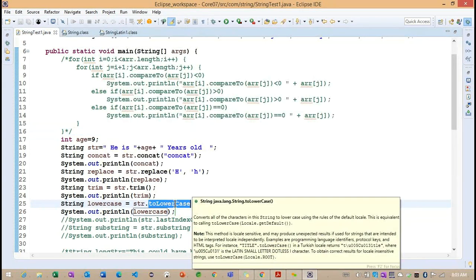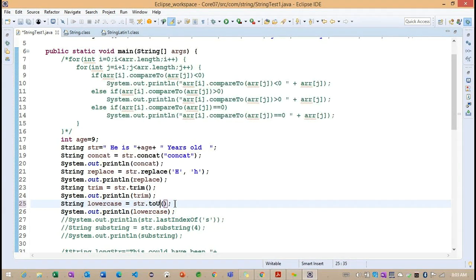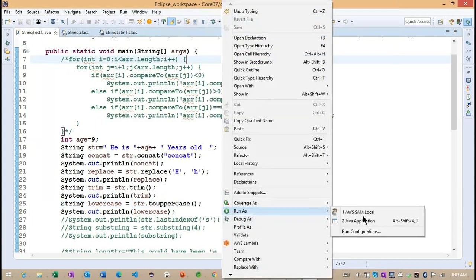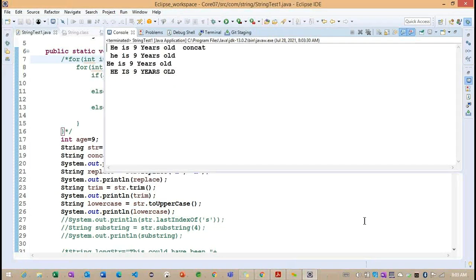In the same way, if I convert to uppercase here, now you can see, he is 9 years old, this is converted to uppercase. Getting the point.